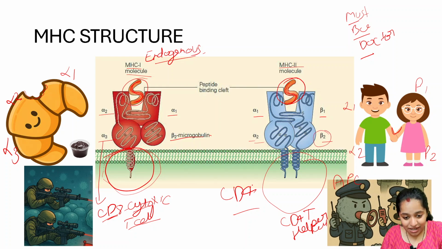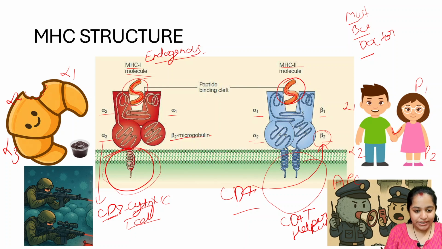This beta 2 will bind to the CD4 molecule of the T helper cell. Clear? This was the MHC structure. Now, you know one more point here. In your MHC1 molecule, you see this is the alpha 1, alpha 2, alpha 3 and beta 2 microglobulin is